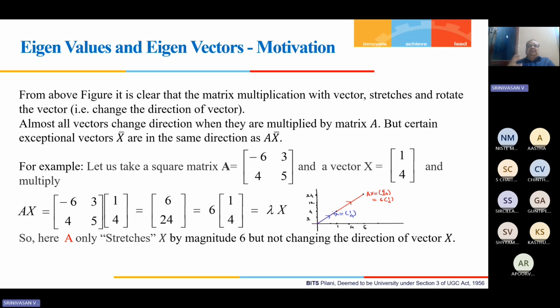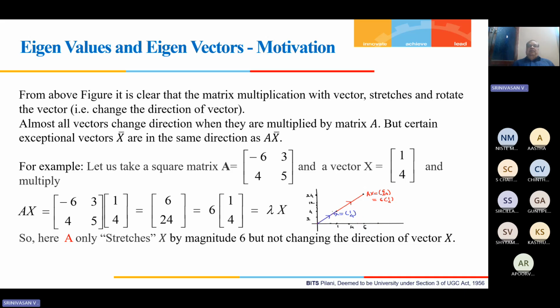That is, the direction gets changed. But there are some exceptional cases where there will only be stretching, but not a rotation. So that also we will just see. For example, let us take a square matrix A equal to [-6, 3; 4, 5] and a vector x,